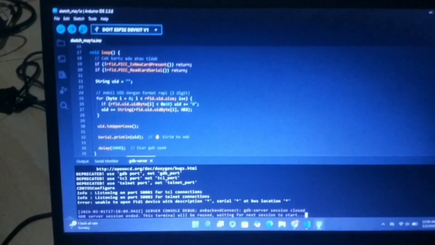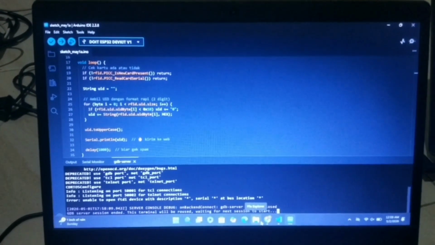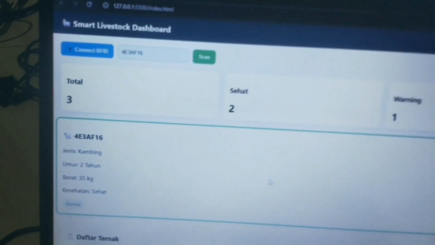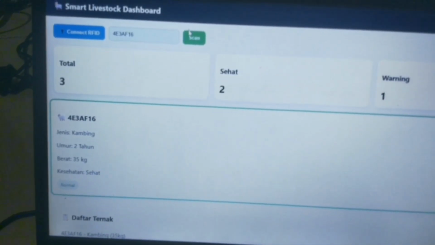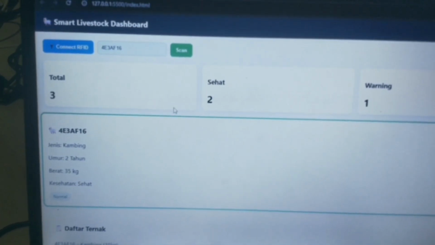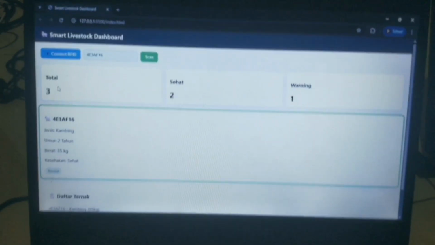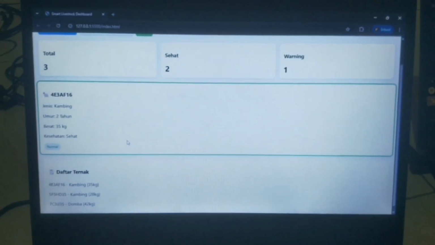If the ID is found, the website will display information such as the goat's name, type, age, and the number of livestock. With this system, data management becomes faster and more accurate because it eliminates the need for manual recording.